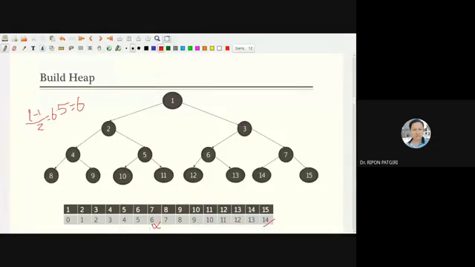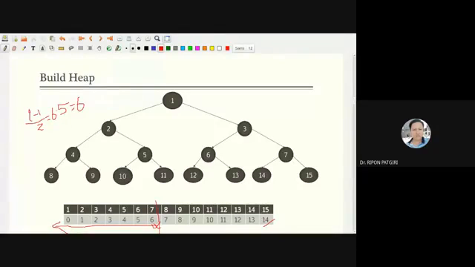So we have calculated that we will start from here, in this direction, not that direction. We will build max heapify from here toward the left.